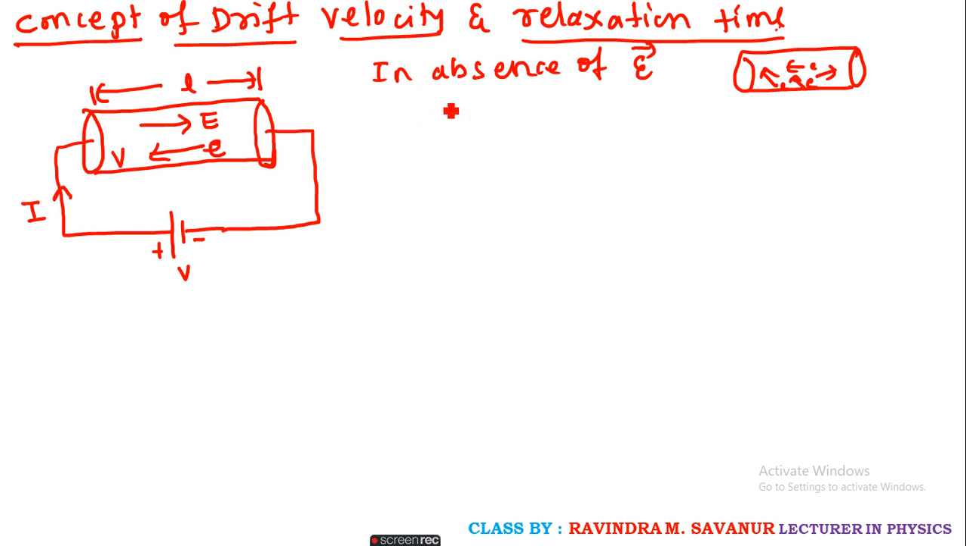Hence all those electrons are moving with random velocity, and their average velocity is taken as 0, because they are moving randomly within that conductor. Hence the net velocity of the free electrons is taken as 0 in the absence of an electric field. So in the second case, what happens? We change the setup, and in the presence of an electric field,